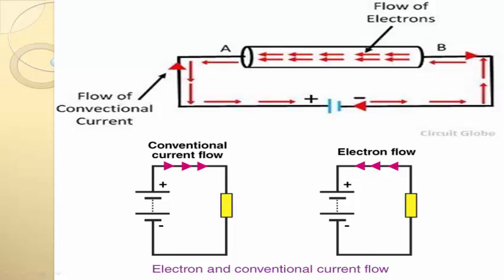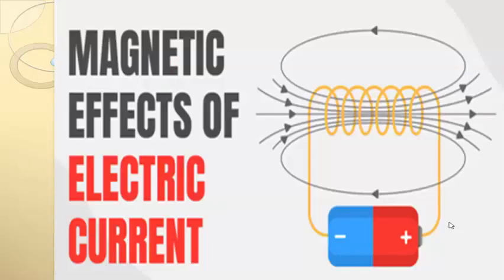In the current electricity, we have thermal and chemical effects of electric current and other concepts of the electric current which we study in detail later. The next important topic is the magnetic effects of electric current, which is also considered as an important topic in whole physics.